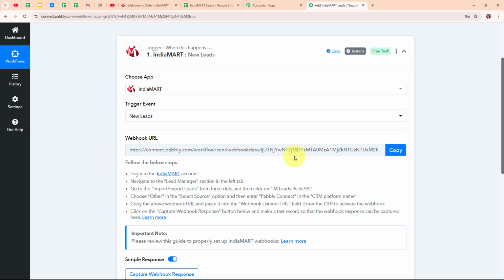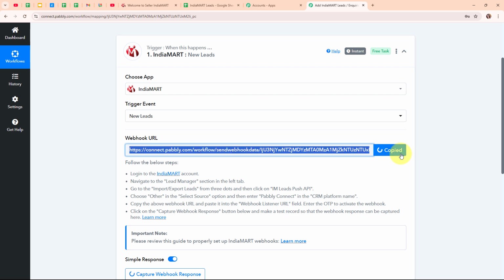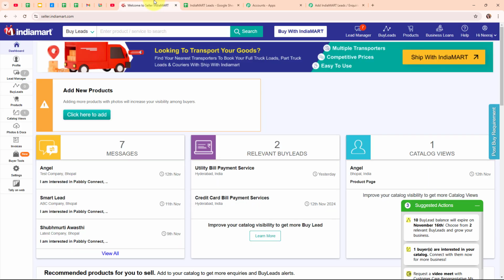That means here I'm going to use this webhook URL to connect my IndiaMART account with Pabbly Connect. So following the instructions given below, firstly here I'm going to copy this webhook URL. And here I've already logged in my IndiaMART account. So this is my IndiaMART account, and from here I'm going to click on this lead manager option given over